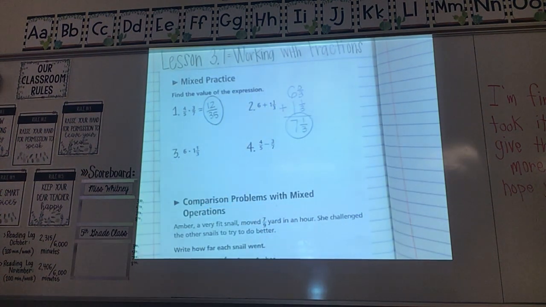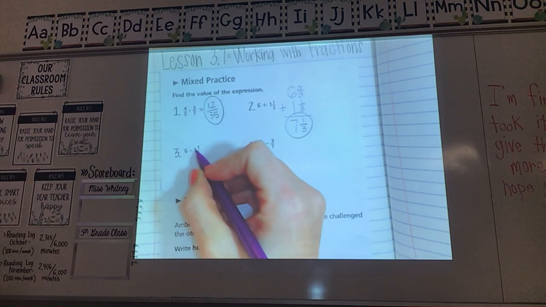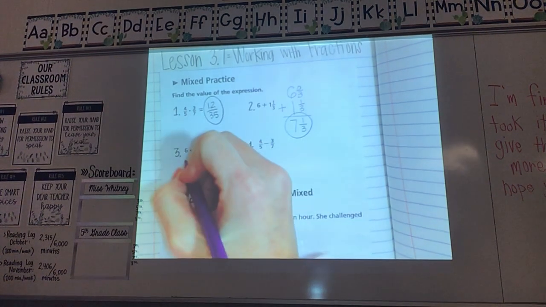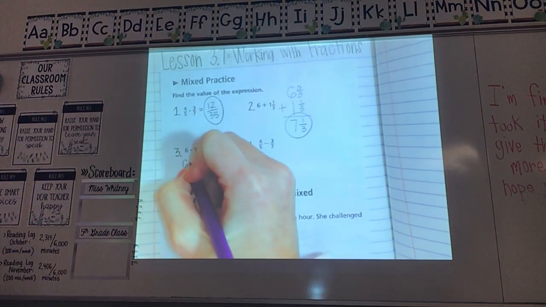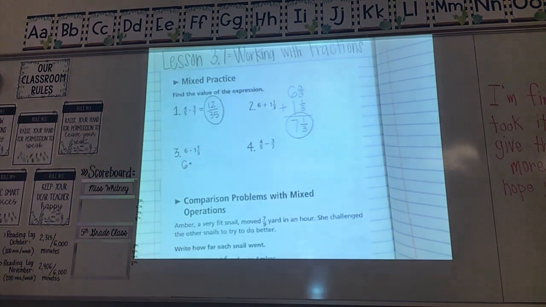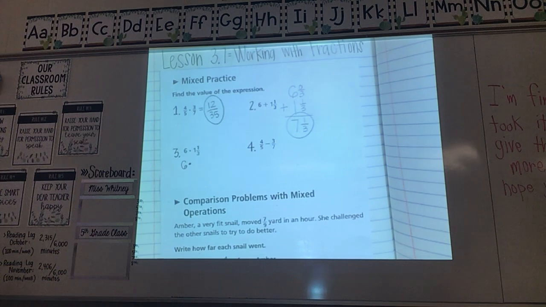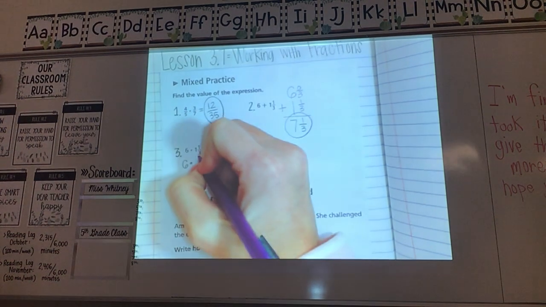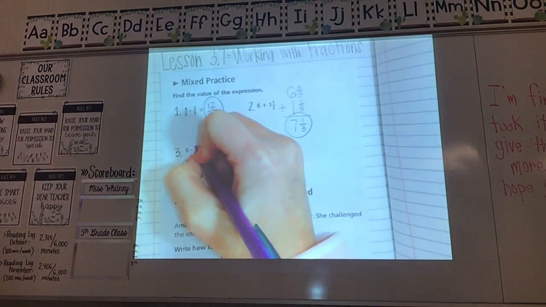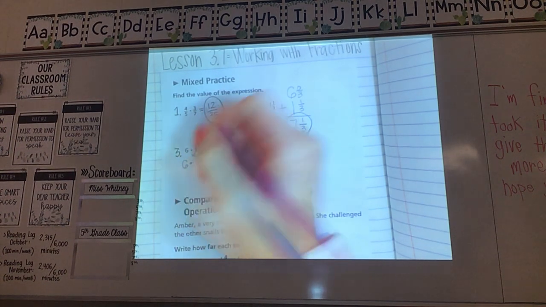Then we'll go down to number 3. I have 6 times 1 and 1/3. Well, my 6 is okay because I can multiply by a big number. Times, what do I have to do with a mixed number before I can multiply with it? Rainbows. I have to turn it into an improper fraction. So 3 times 1 would be 3, plus 1 more would be 4. So